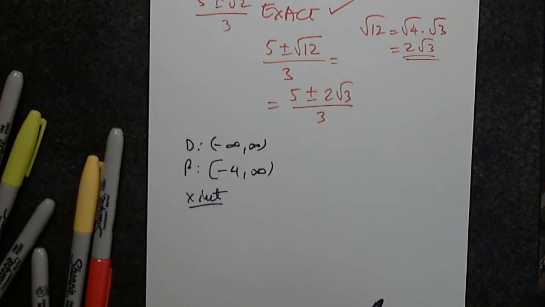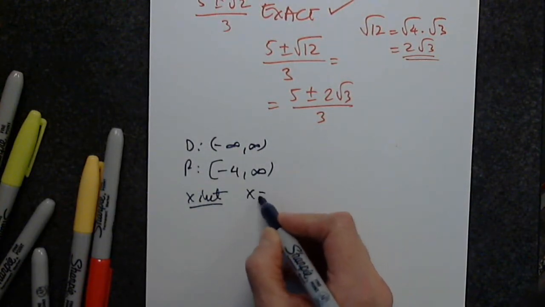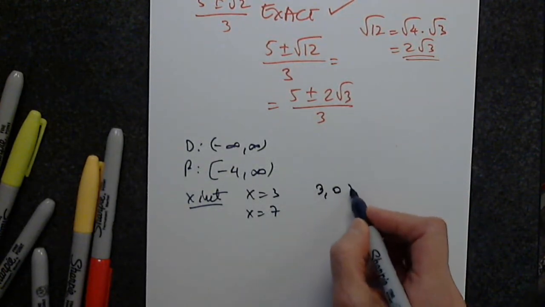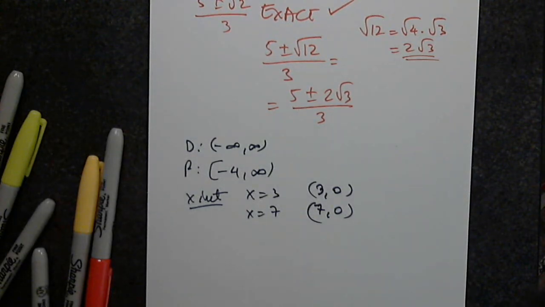X-intercepts. 3 and 7. Very good. In the ordered pair format, I will present them like this. Excellent. Question, on this test, it put the left 0 of the function is 3 and the right